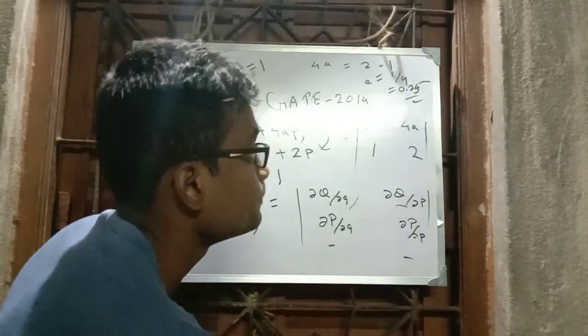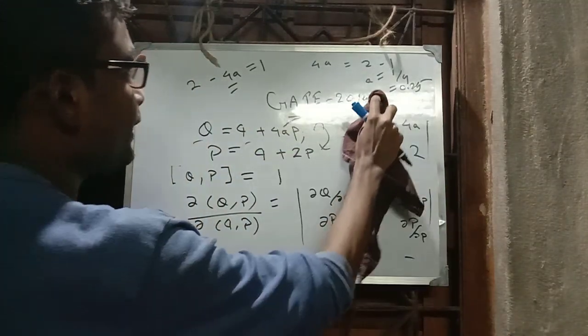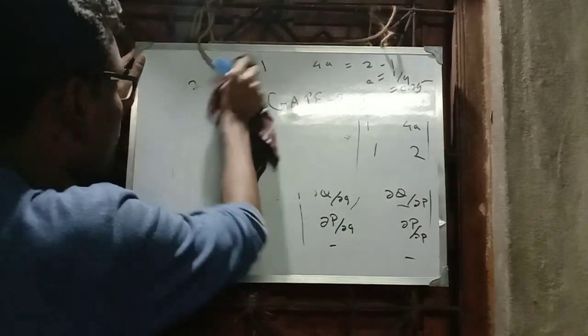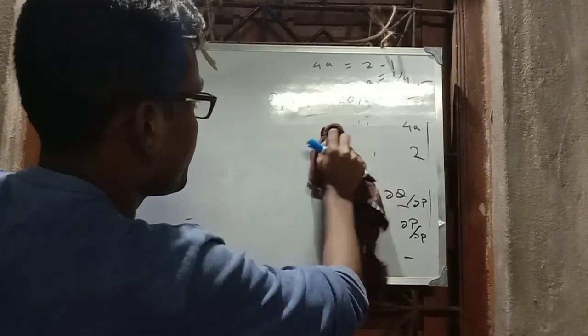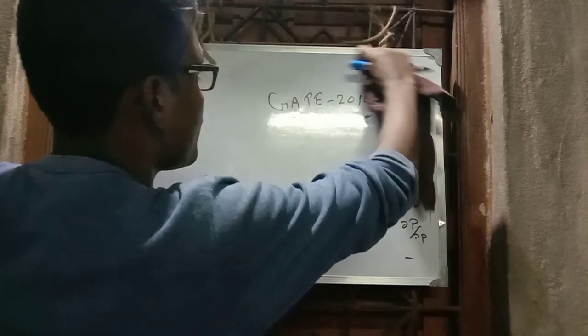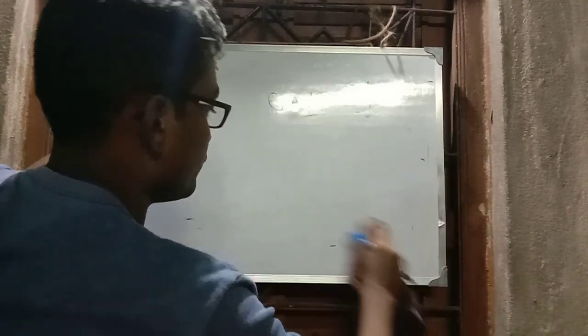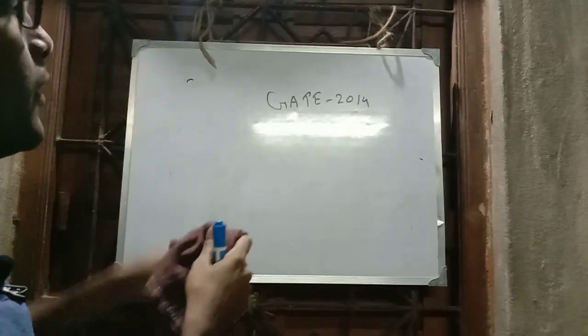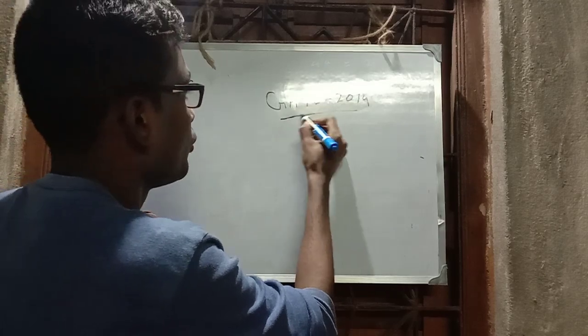Let's do another problem, of GATE 2018. In this way we can approach this type of problem. This type of problem mainly comes in GATE examinations. I have to first find out the Poisson bracket, then show that the result of the Poisson bracket is 1, or compare the result of the Poisson bracket with 1 to find the coefficients. So the next problem is